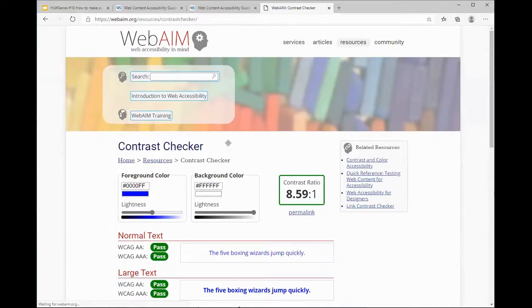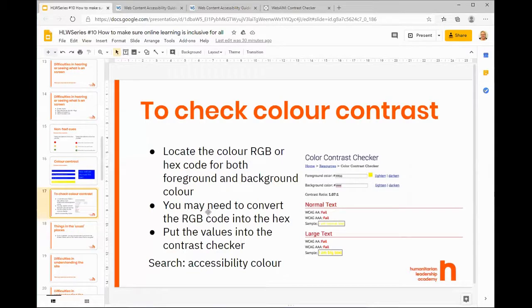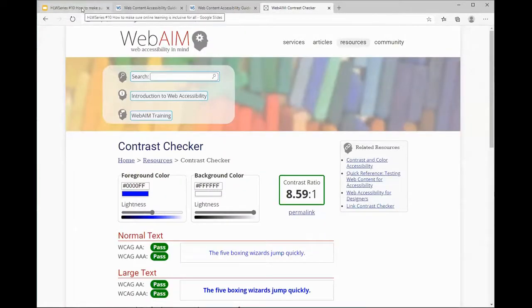So let me just go back here. So we said the second from the top is easy to read. So that second one there, the white on the blue. So what I'm going to do is show you this color contrast checker. And what it does, just as a coincidence,